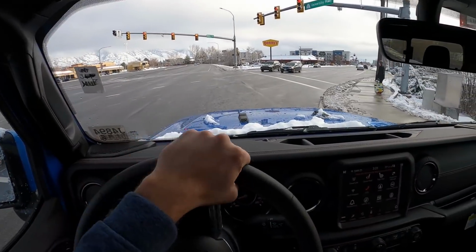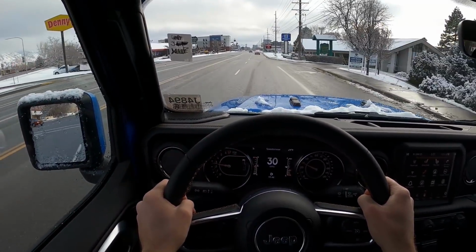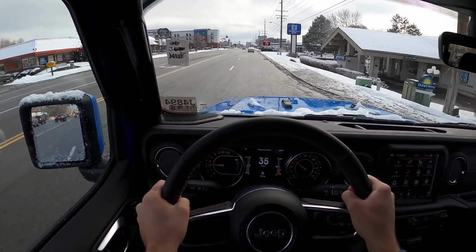You know, I kind of dig it now, because this is just like a Jeep thing. Yes, the V6 has some pretty good grunt. I mean, it gets up and it...